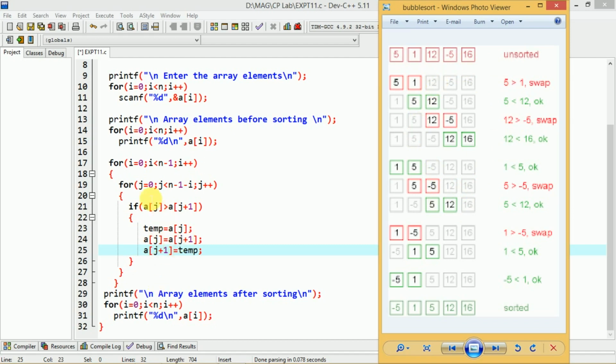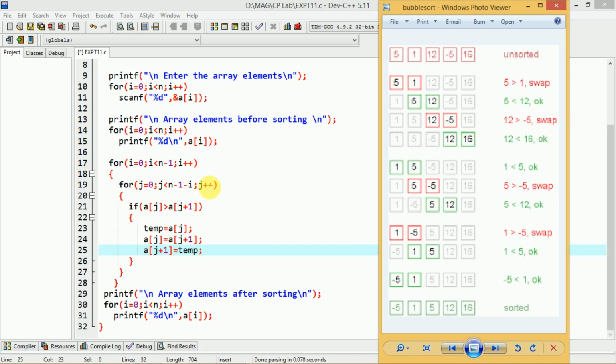So this is for the first iteration, that is when this particular if statement is executed. So after this what will it do? It will not come out of this loop, because this is a looping statement. It will go back here. When it goes back to this particular for loop, this j value will be incremented by 1. So j was initially 0, now j becomes 1.